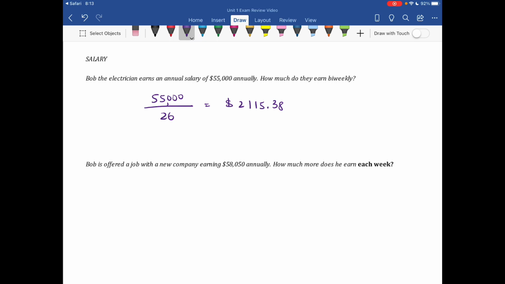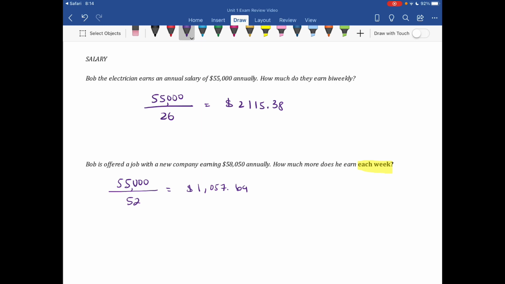But let's say he gets offered a job with a new company where he earns $58,050 annually. How much more is he making each week? Pay attention to this key word of each week. That means we need to find out how much he currently earns in a week and how much he will earn with this new job in a week. So for his current job, we're going to take the $55,000, but now we're going to divide it by 52 since there's 52 weeks in a year to get